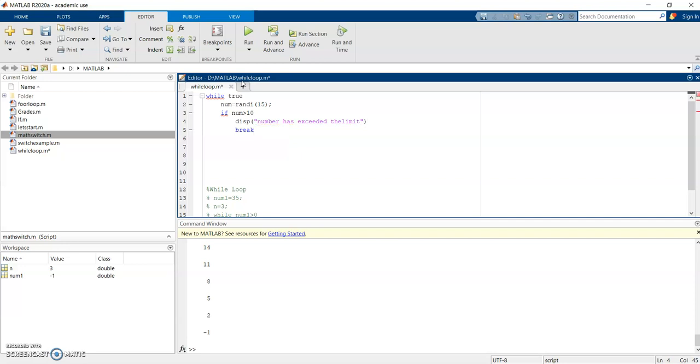Okay, the number has exceeded the limit. Okay, the random number generated. So that's why we are breaking this process. So if we break it, otherwise the process will be broken. So in this case, because we are using the if and break statement, then we will end it. So this will be the end of the if statement, and otherwise we will display